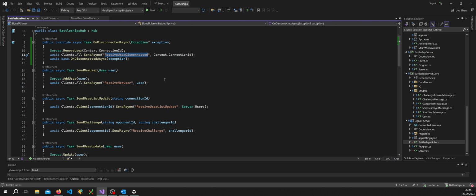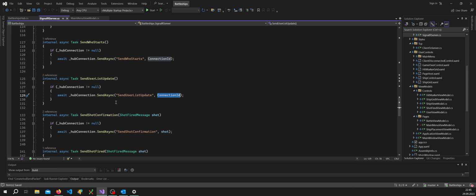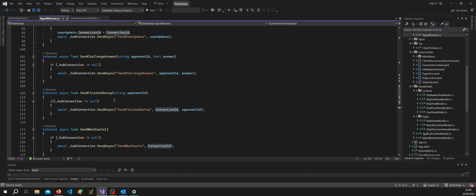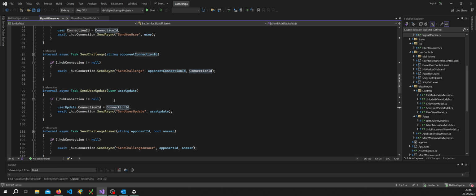So receive user disconnected, and now in the client-side SignalR server, we are going to implement